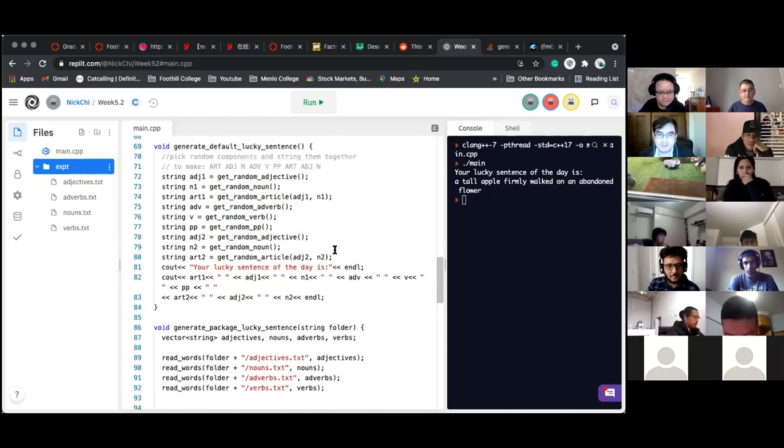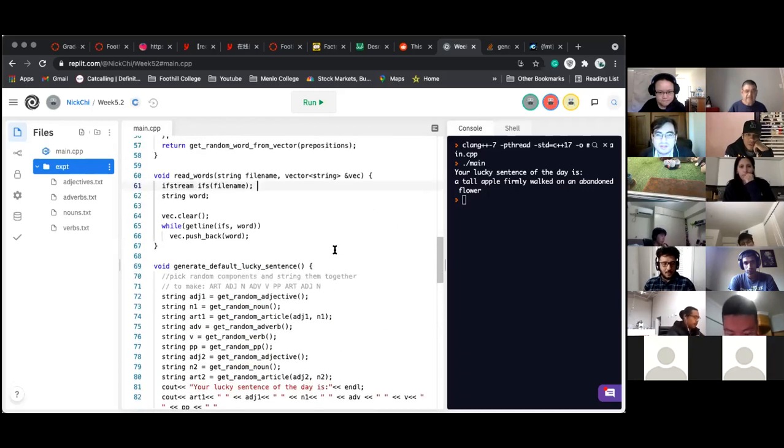That's what the push_back does. Yeah, exactly. So it's going to read words and push them in the vector. Now, in C++,